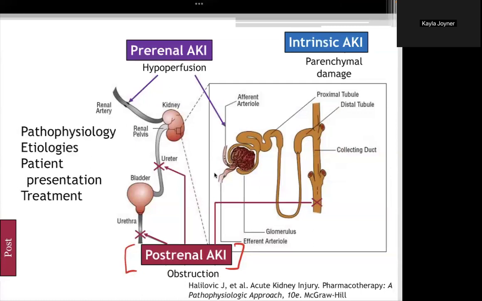Okay, team. Last section here, we're going to talk about post-renal AKIs. This is a much shorter lecture, or a much shorter section. So again, we'll talk about the pathophysiology, etiologies, patient presentations, and treatment. We'll see here that the post-renal AKIs are typically due to obstruction, and it can be anywhere from the urethra